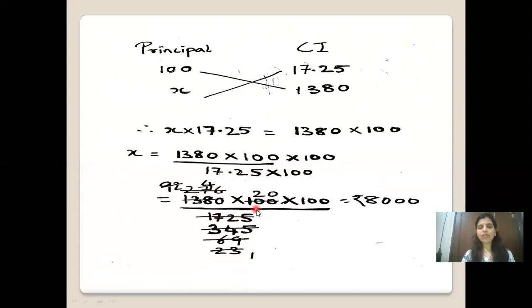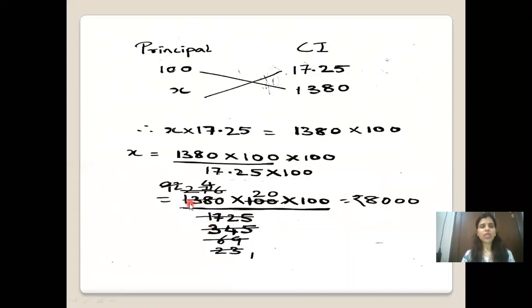Now you can see I have done division with 5 first. 5 threes are 15. As you can see here in the units place, it is 5. So 5 threes are 15, 2 carry over, 5 fours are 20, 2 carry over, 5 fives are 25. Then 5 twos are 10, 0. Again you can see as I have got 345, I am checking it with the divisibility test of 3. So 3 plus 4 is 7, 7 plus 5 is 12. So it is divisible by 3. Check for 1380. So 9 plus 3 is 12. So it is divisible by 3. So I'll divide 345 and 1380 with 3.